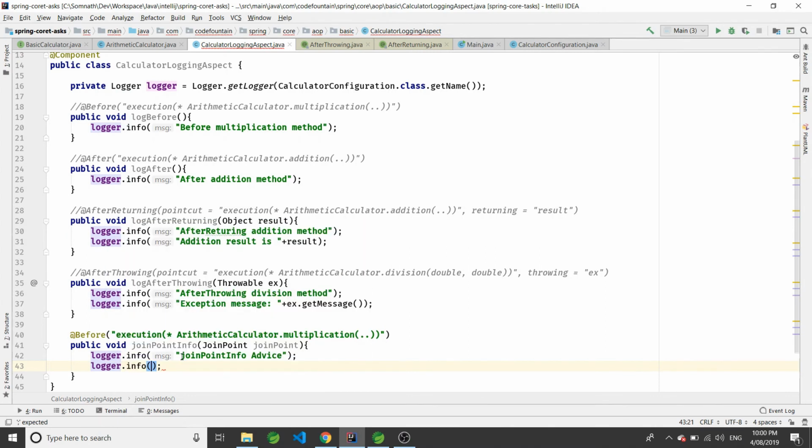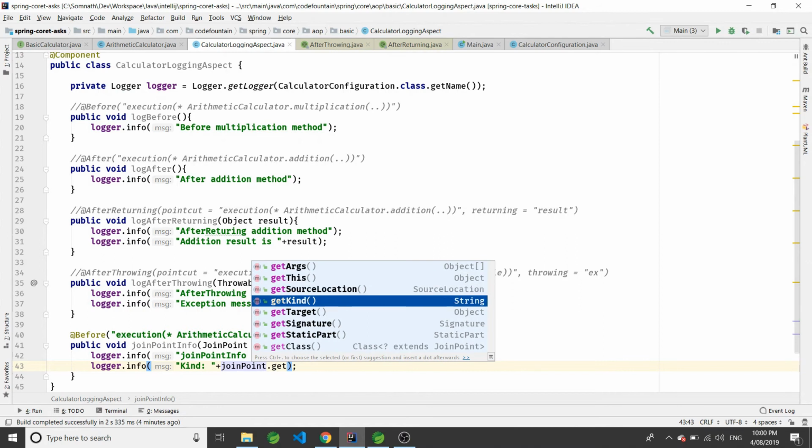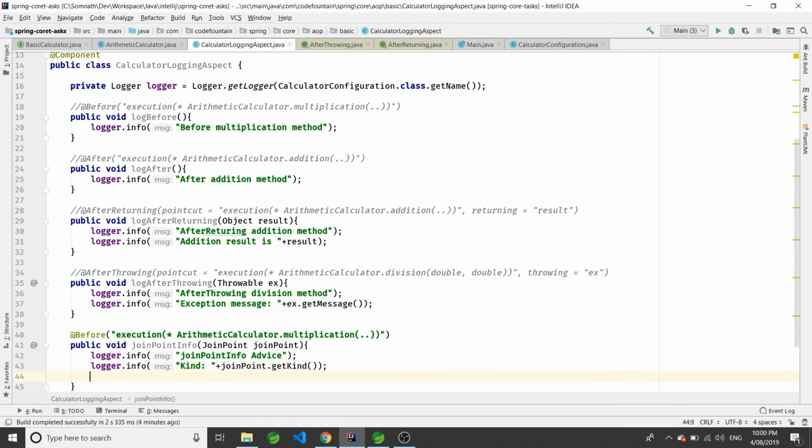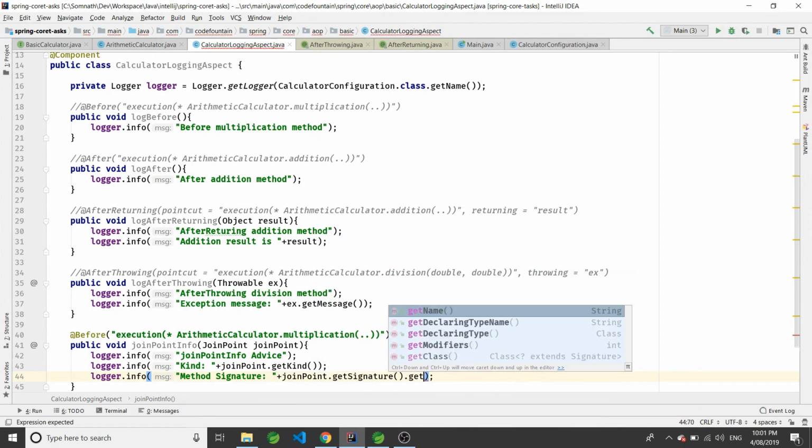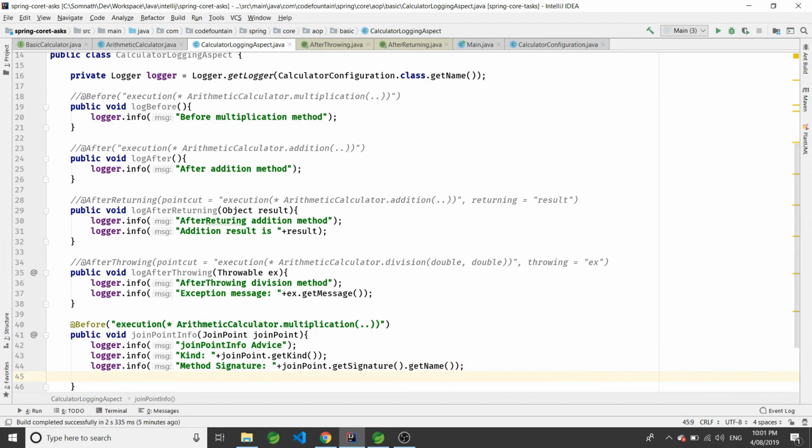Next, we're going to print what type of join point it is. Next, we're going to print the join point's method signature name. Next, we're going to print the declaring type name.